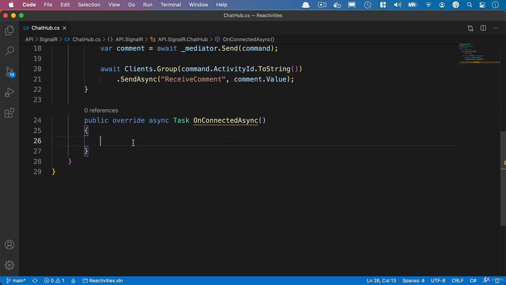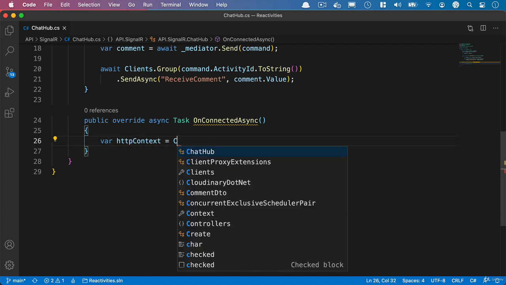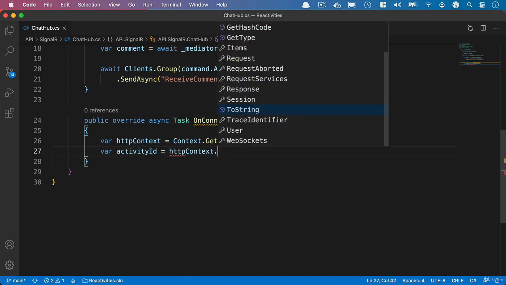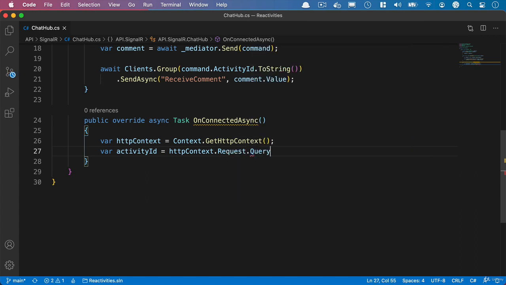And what we're going to do is get the activity ID from the query string in this case. We don't have route parameters when we go to a SignalR hub, but we can use query string parameters to send up additional information. And what we can do, we can get that from the HTTP context. So we'll say var httpContext equals Context.GetHttpContext. And then we can say var activityId equals httpContext.Request.Query, and then we can use square brackets to get the key of the